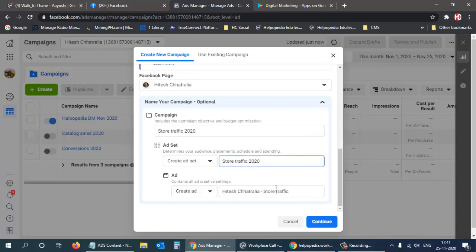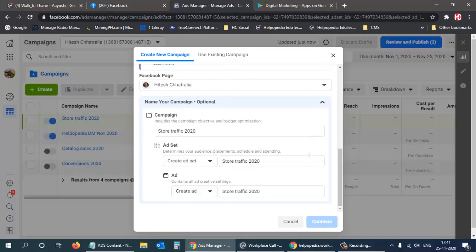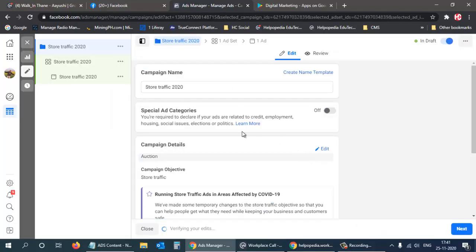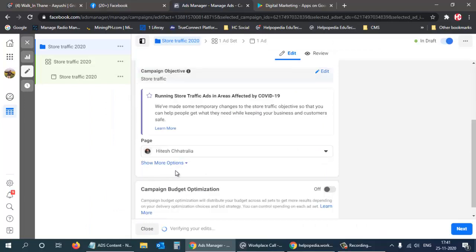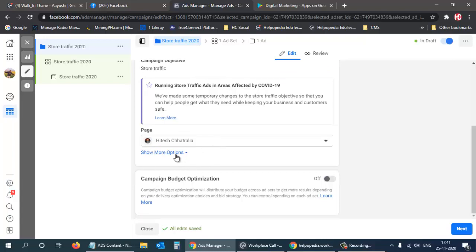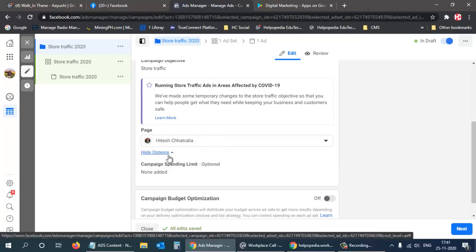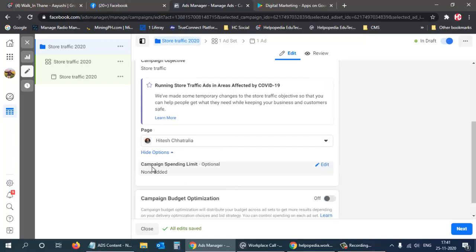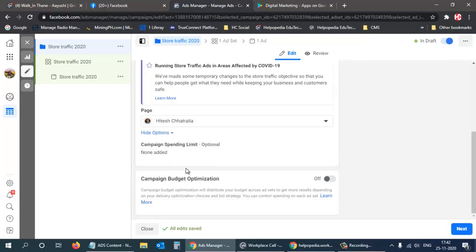Okay, and click on continue. And now you can see campaign objective is store traffic, and this is the page that we have selected. We can select more options. So more option is campaign spending limit, so we don't want to limit the campaign spending.